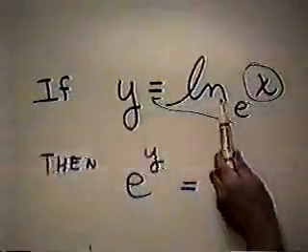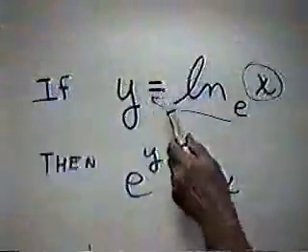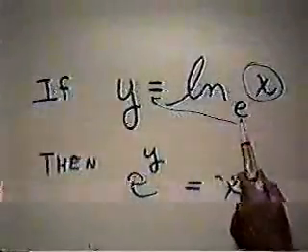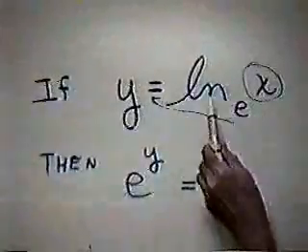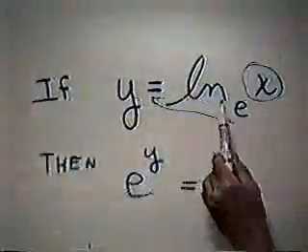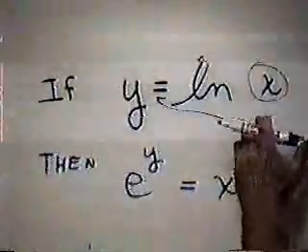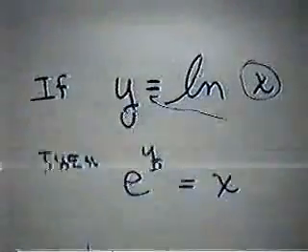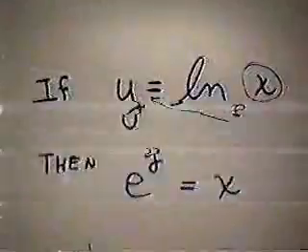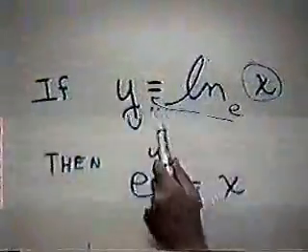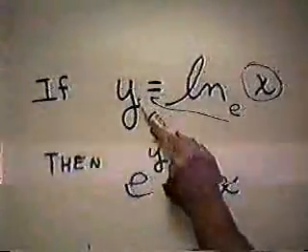So listen closely. The log of a number is a power. The log of a number is an exponent. It's the exponent of the base that gives you that number. And if it's ln, then it's base e. So if you see ln somewhere, you're supposed to automatically know that the base is e. You don't have to write it down, but you need to know that. To change from logarithmic form to exponential, you take this base raised to that power is equal to that